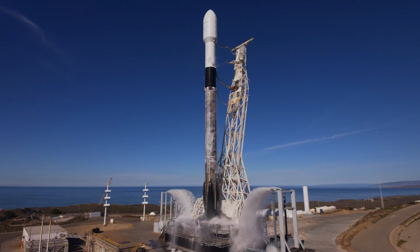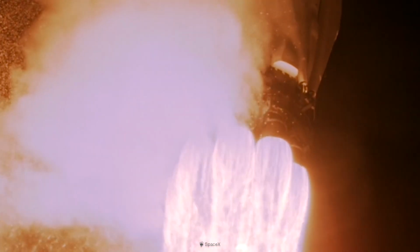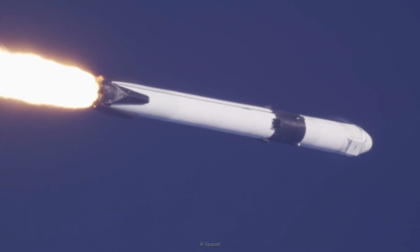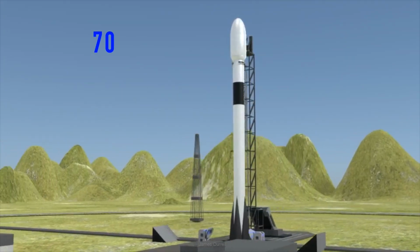The Falcon 9 is a partially reusable, two-stage-to-orbit, medium-lift launch vehicle designed and manufactured by SpaceX in the United States. It is the world's first orbital-class reusable rocket. Reusability allows SpaceX to refly the most expensive parts of the rocket, which in turn drives down the cost of space access overall. The Falcon 9 is 70 meters, or